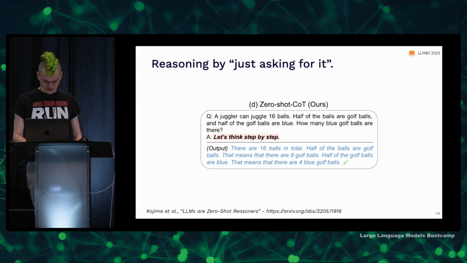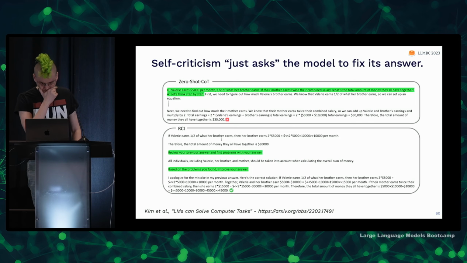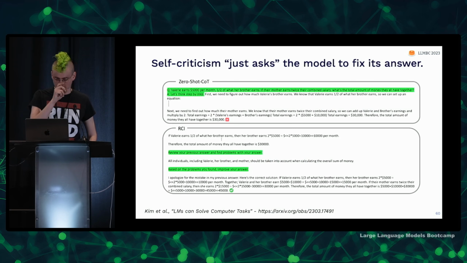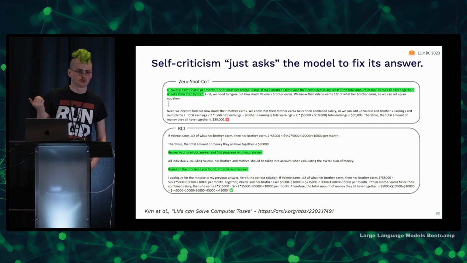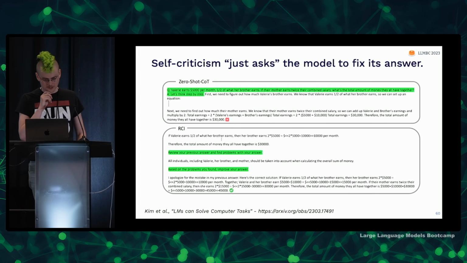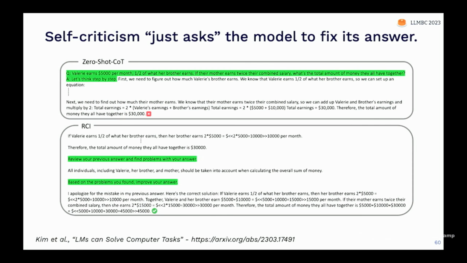I think that was everything I had on that. So then the last thing that you can do, in addition to having the model think through its solution step by step, is you can also just ask the model to check its work. So this is a 2-stage prompting thing. It's a little outside of what we've done so far, but recursive criticism and improvement includes generating an example, maybe using something like zero-shot, let's think step by step. And then once you get out an answer, just append to that, review your previous answer and find problems with it, and then you'll generally get better results.